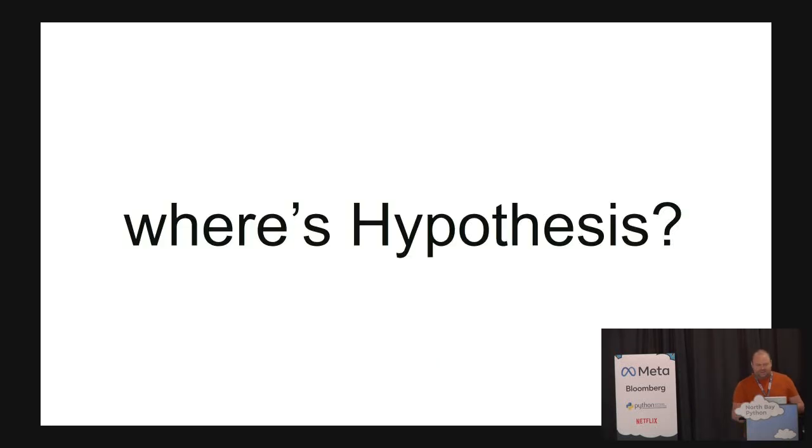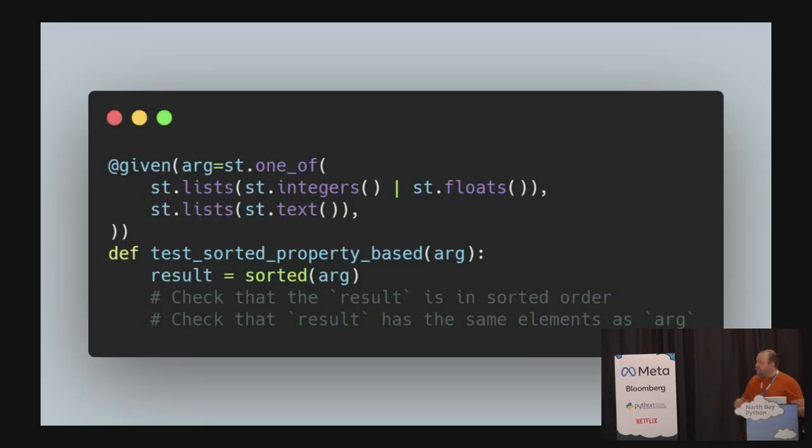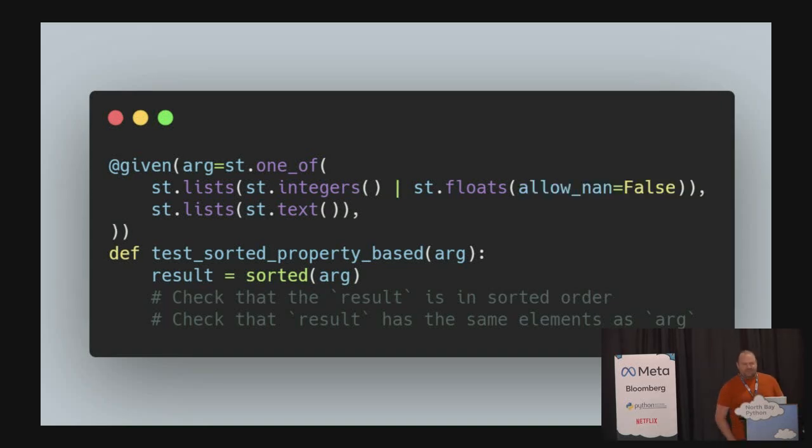But if that doesn't work, then Hypothesis is pretty useful. Hypothesis generates the inputs to your test function for you. So this is kind of the core proposition. Instead of having to think of all of the different lists of numbers or lists of strings you could have, Hypothesis will generate those edge cases for you. And in fact, it will tell you that this test fails if you put in a list containing a floating point NaN, because not a number is not equal to, or less than, or greater than anything else. It just returns false from these comparisons. And so this just taught us something about our domain by having the computer think of the edge cases for you.